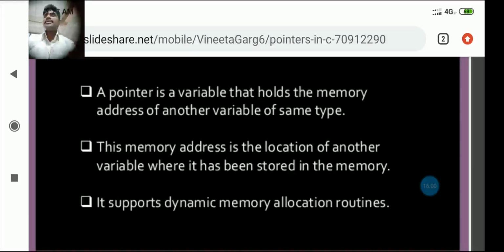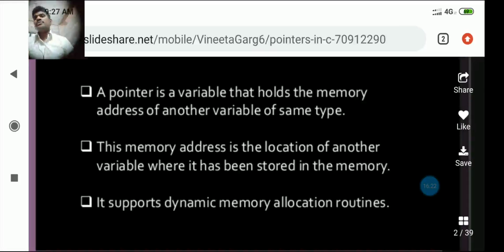A pointer is a variable. I already told you what a variable is. I gave one example, c equal to 5, where c is the variable and 5 is the value of that variable. In the same manner, a pointer is a variable like c. A pointer is a variable that holds the memory address of another variable of the same type.